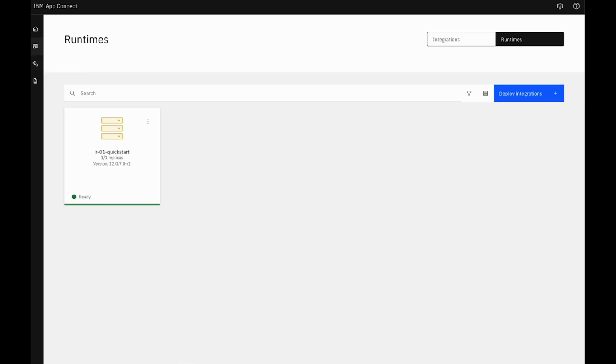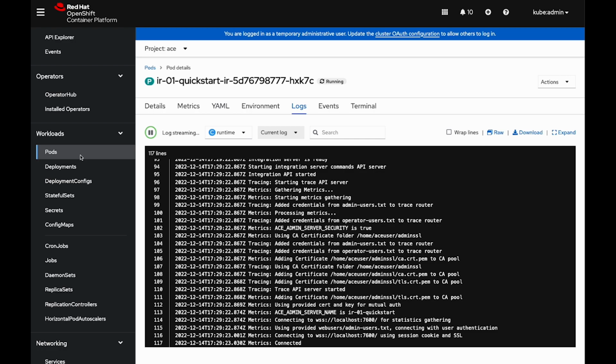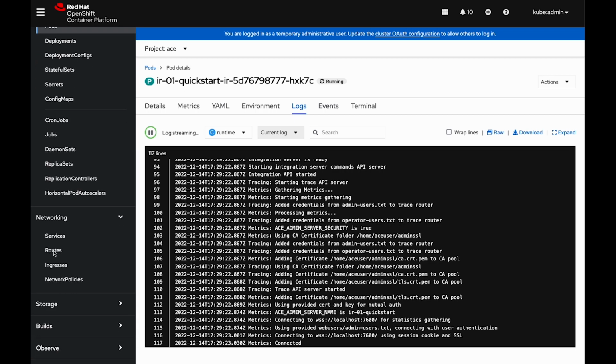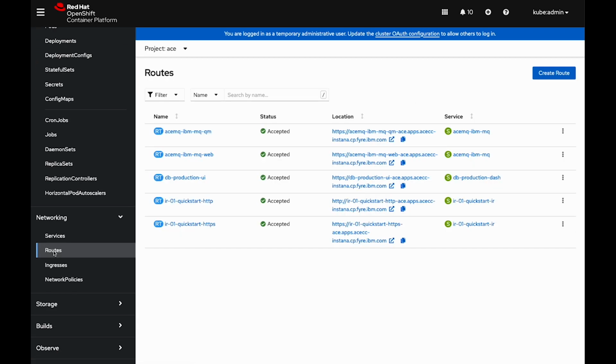So the flow is now deployed, and I can send some messages to the flow using curl. To do that, I need to get the host name from the location field for the pod. So if I click on networking and then routes, I can copy this location to send the curl request to. So if I copy that to the clipboard,